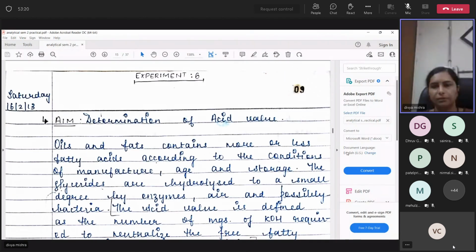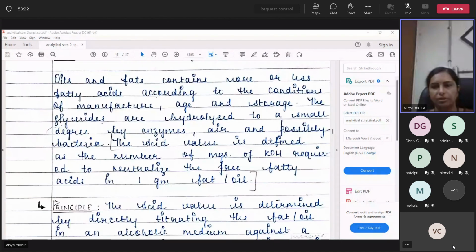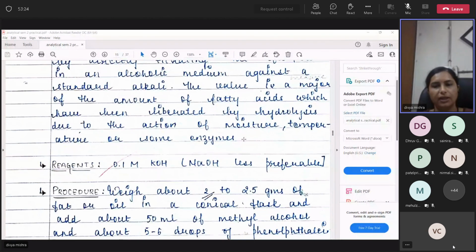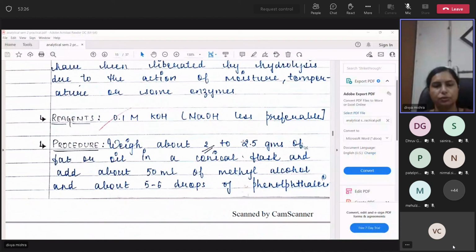Now we will come back to our journal portion. We have discussed the principle. We will look at the procedure. Here we will weigh about 2 to 2.5 grams of fat or oil in a conical flask. We will add around 50 ml of methanol